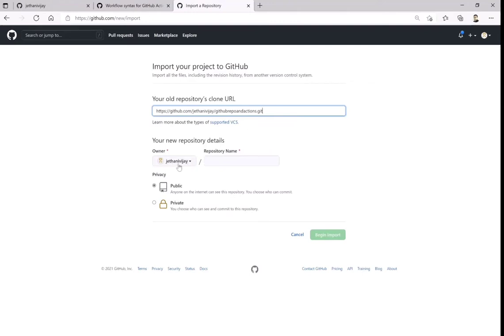Now this is you. So you can name it exactly the same, or you can name it with your credentials, anything basically which is allowed, and that name is not taken in your organization or GitHub handle. So you can just copy that and append that, and that will be your repository, which is a clone of any public repository which you have just visited, or if you want to clone it into your own GitHub handle. As simple as that. So you can just click on begin import and that will be available to you.